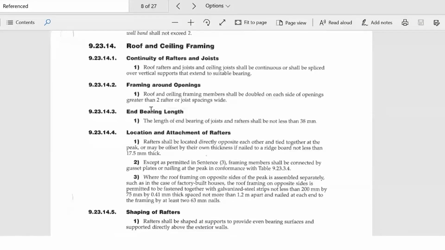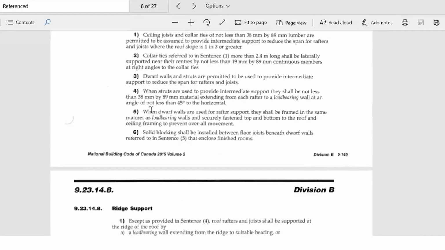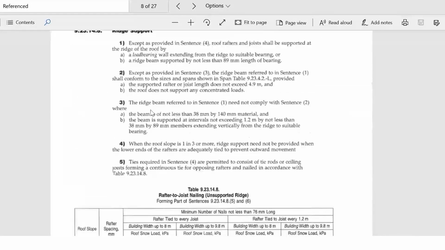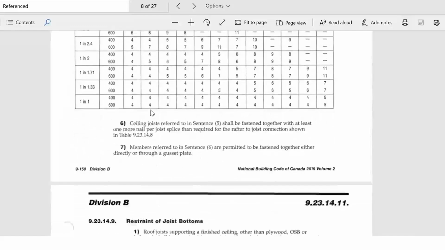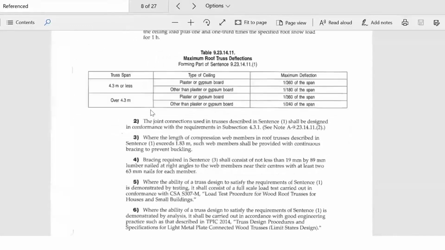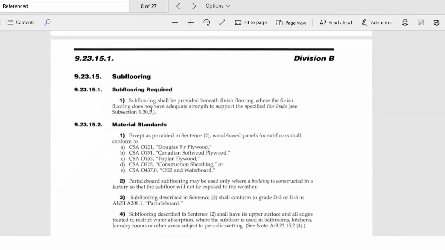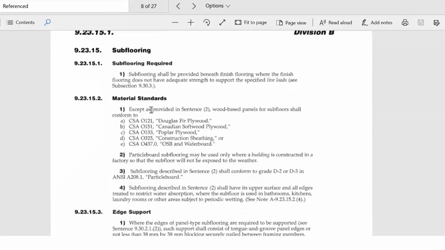Roof and ceiling framing. These are, again, similar to walls. This is roof and ceiling framing. We've got different specifications for the different elements of the roof. And then we get to subflooring. We get the materials and the requirements related to that, and then